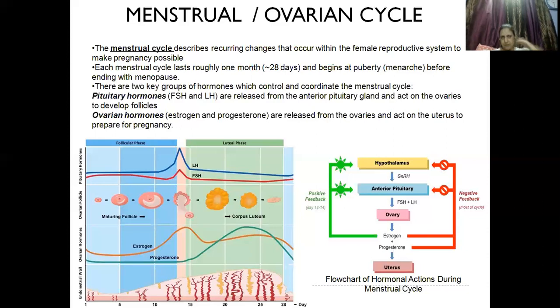We will see now. The next one, the ovarian hormones, that is the estrogen and the progesterone, have been released by the ovaries and act on the uterus to prepare for the pregnancy. So, there are four sets of hormones that have been secreted. If the follicle stimulating hormone is released, it will help in the formation of the Graafian follicle, and the development of the uterus.